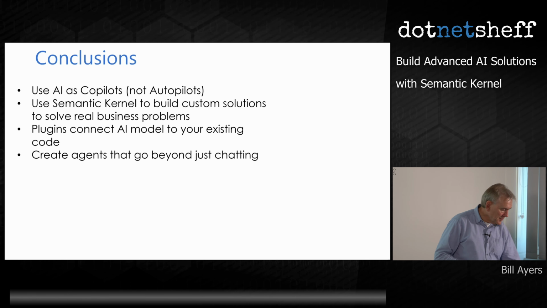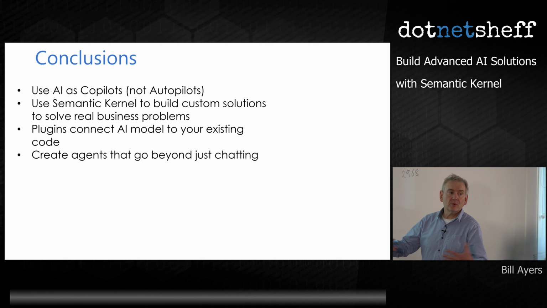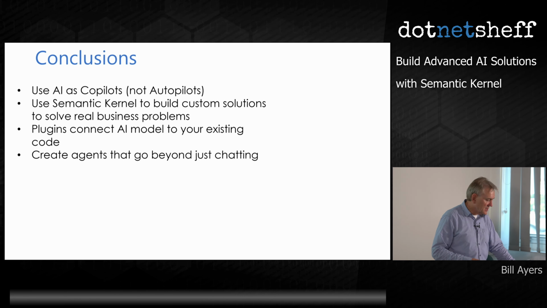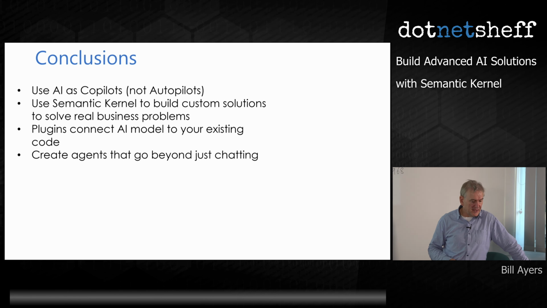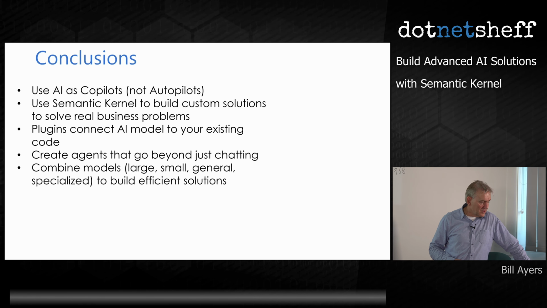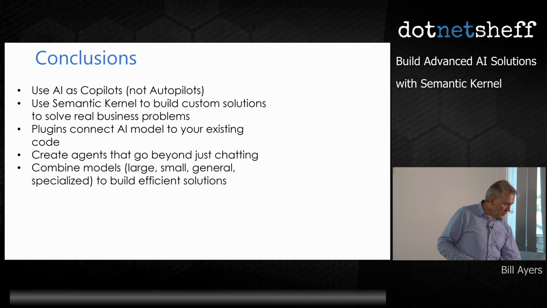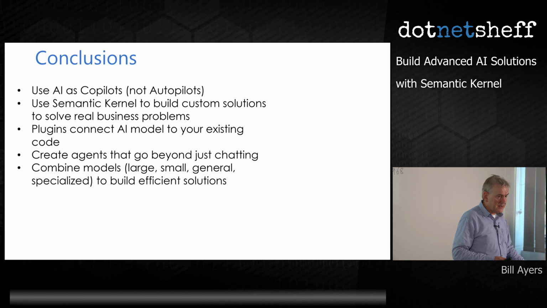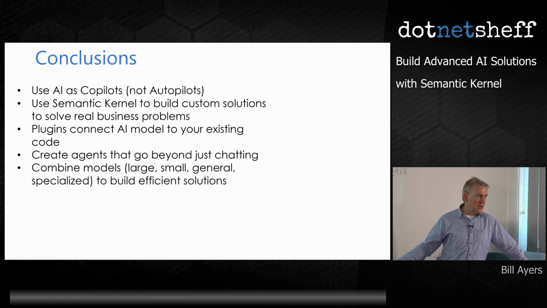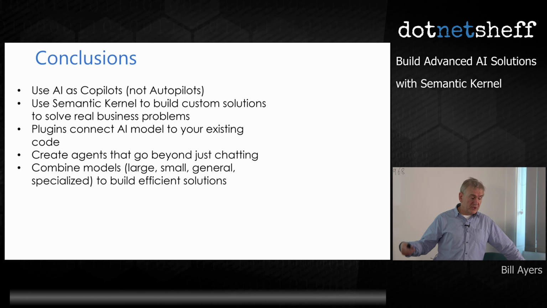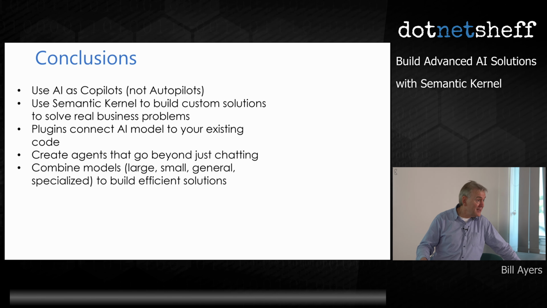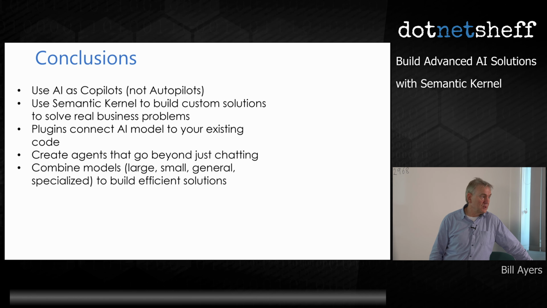The plugins, very powerful. We can just integrate all kinds of things into these and come up with very sophisticated solutions that do things in response to questions and have relevant information. So we're going to go beyond chatting. We might combine models as well, purely from an efficiency point of view, rather than just throw everything at a large language model like GPT-4, which is really expensive. Use something like perhaps GPT 3.5 might be good enough, or Phi. There might be an order of magnitude less expensive to use those models